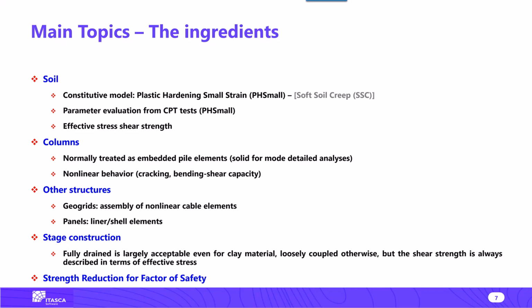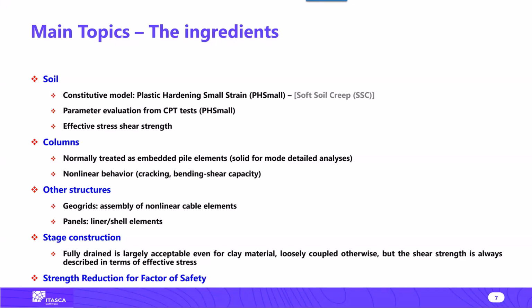Okay, so the main ingredients of this type of support, we're going to touch base on each one of these very quickly, and then we're going to go to some of the projects. Of course, we have to model the soil. Typically, the constitutive model for this type of analysis is the plastic hardening soil model, soft soil creep. For dynamic, the P2P sand. The way I do the calibration for the property determination is through CPT tests. Typically, in this type of soil, the CPTs are available, with much less emphasis on